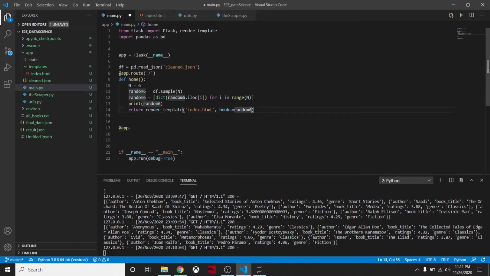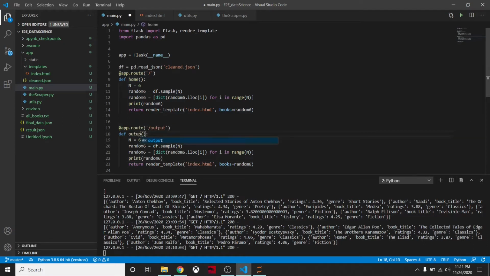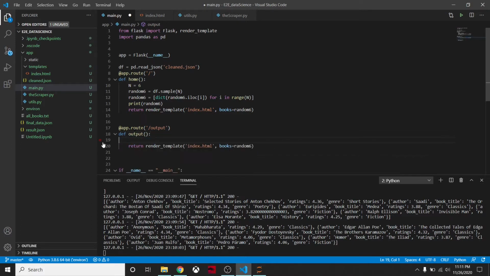Let me copy all of this and paste it here. Here we'll say output as the function name, let's also say it output. Let me remove this logic from here, and we'll render a template named output.html, removing this. So now everything is looking fine. Now what we want to do is